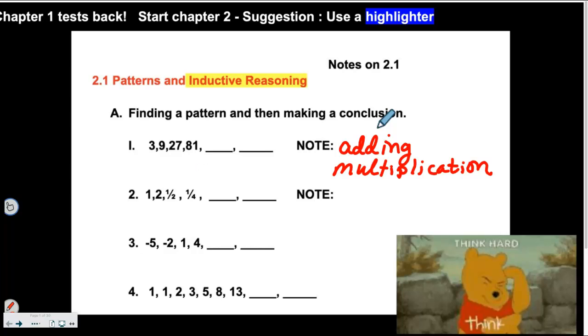So I'm going to look at this and I'm going to say, am I adding the same number? Well, that went up 6 and this did not go up 6, so no. Then am I multiplying by the same number? That would be 3 times 3, 9 times 3, 27 times 3. I've just found the pattern that I'm multiplying by 3 to get to the next number. So I would take 81 and multiply it by 3 for 243. And you can use a calculator if you want. And then I take 243 and multiply it by 3 for 729.